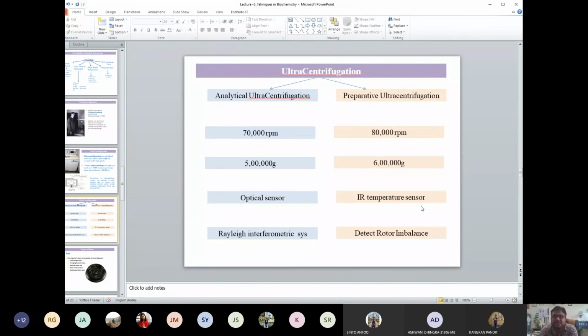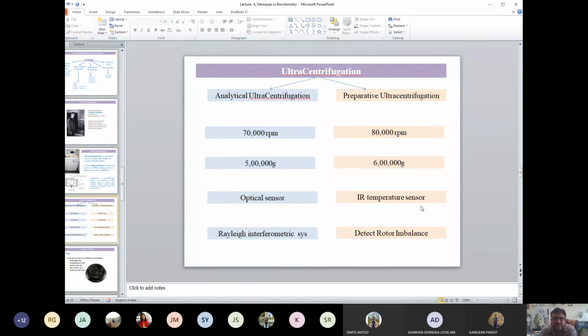Regarding classifications, as I told earlier, this is an important one: ultracentrifugation has further been classified into two different types. One is called analytical ultracentrifugation and the other is called preparative ultracentrifugation. If you see the classifications, in analytical ultracentrifugation the RPM which we can achieve is 70,000 RPM, whereas in preparative ultracentrifugation it is 80,000 RPM on which we are going to separate the